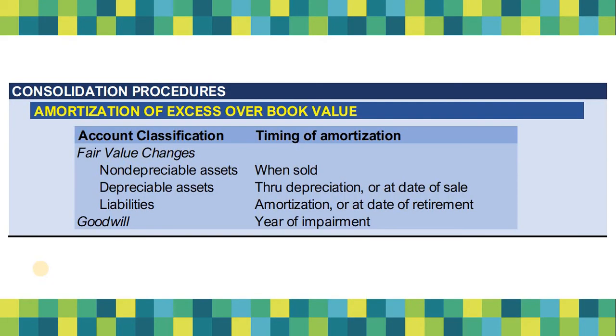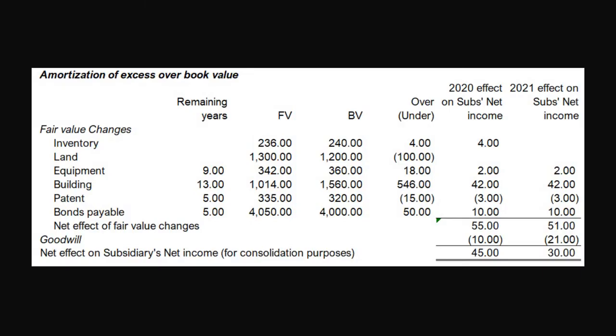So in the amortization of excess related to depreciable assets, we amortize the excess through depreciation. However, when the depreciable assets is sold prior to the end of the useful life, any remaining unamortized excess related to the depreciable assets shall be amortized in full during the year of sale. So the equipment was sold in 2021 year end, and the difference between the fair value and the book value